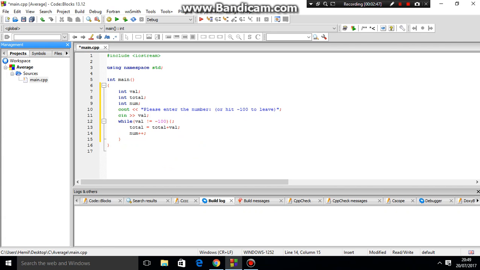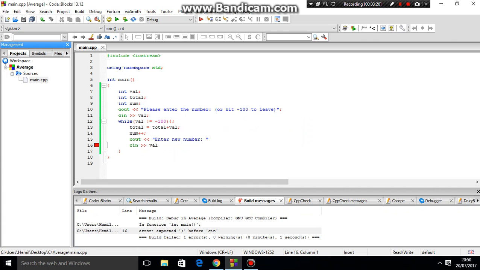And so what we should do now is try and run the system, but it's not going to output anything, so we better have an output, and we also clearly need an input. So again, cout, alright, "enter new number". Okay, and then we have cin, where we take the input for val. I'm just going to give it a new value, and that's really that. So if we run the script now, yes, bound to be an error, yeah, like I saw, semicolon. If we rebuild it now, and then run it,